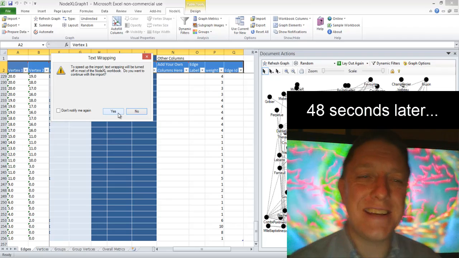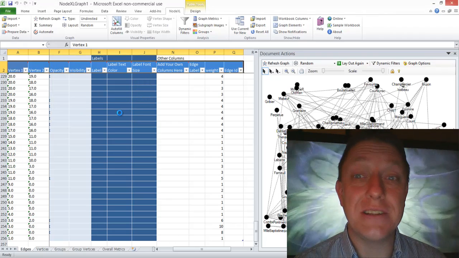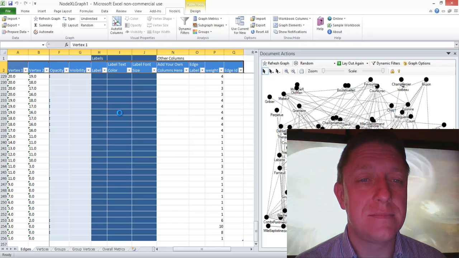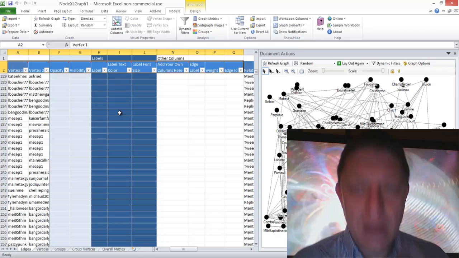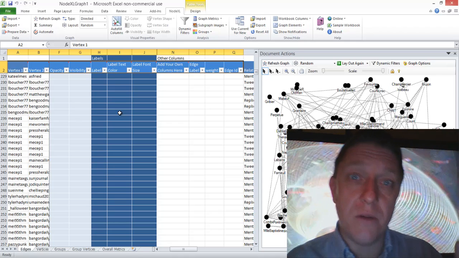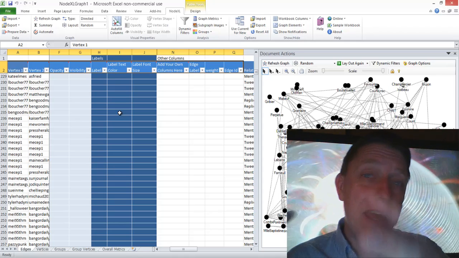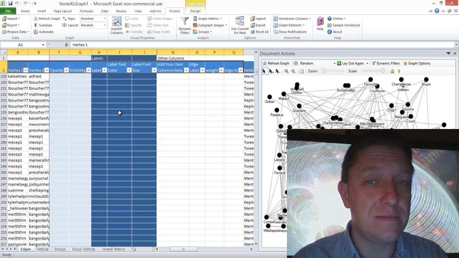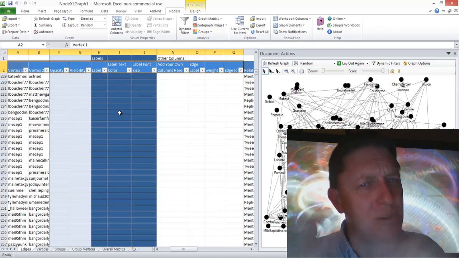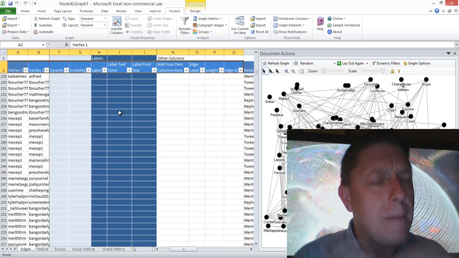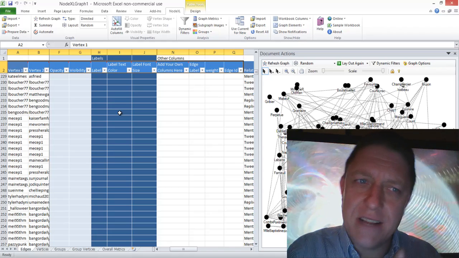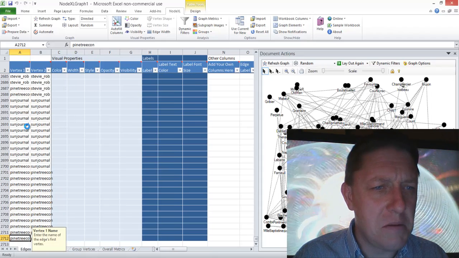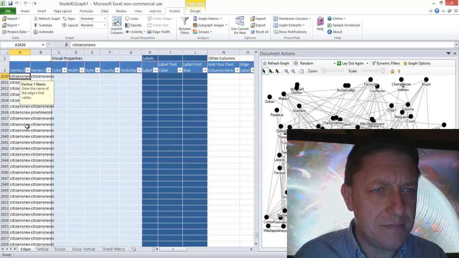Okay, it didn't actually take too long. So let's take a look and see what we got. Here's our new network. Now, notice that I still have an image of my Les Miserables network, random distribution. I don't want it to look like that when you do that work. But I have data on my left-hand side which are no longer about Les Miserables. And if I look around, I'll notice none of this is about Les Miserables.